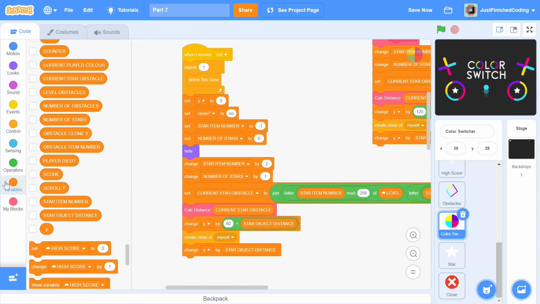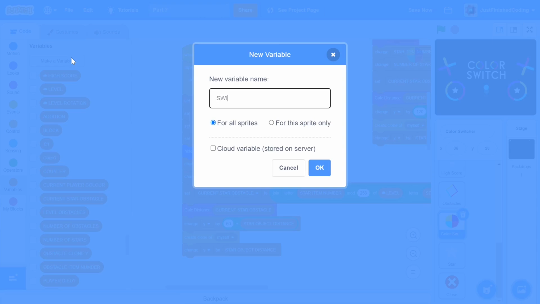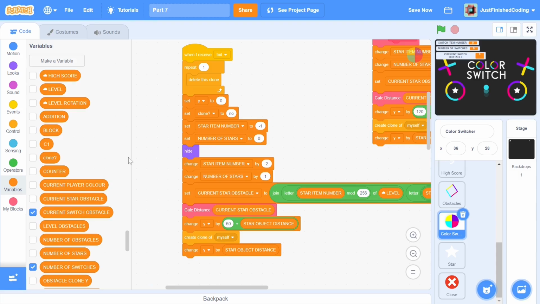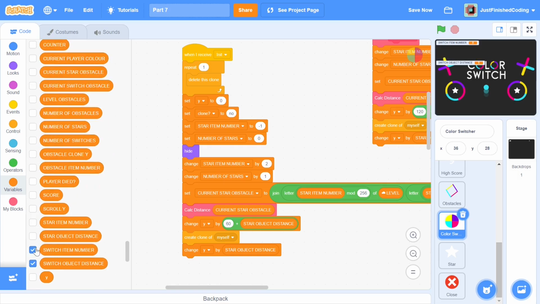So what we need to do is create some variables in order to replace those star variables. The first variable that I will create will be called switch item number. The next one will be called number of switches. The third variable will be called current switch obstacle, and the fourth variable will be called switch object distance. These variables will just have to be put in place instead of the star variables. Uncheck all of those boxes to make sure that the variables are hidden,